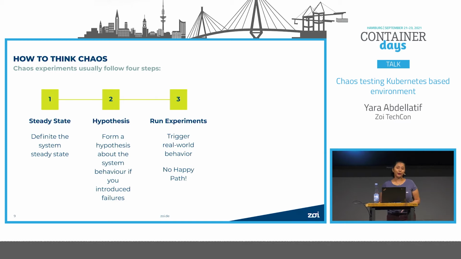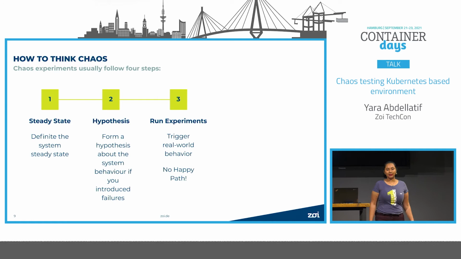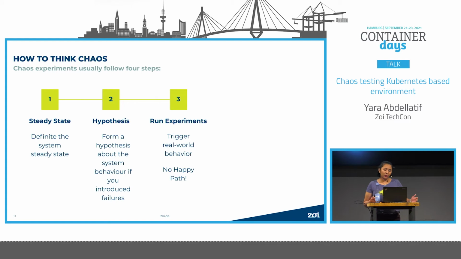And there's a very important part here. You want to run real-world behavior, your real-world actions. Do not take the happy path. If your application, for example, expects global traffic, then use a VPN and simulate global traffic before you run the experiment. When you run your experiment, for example, introduce network failure, storage failure, resource maxing in and out, and so